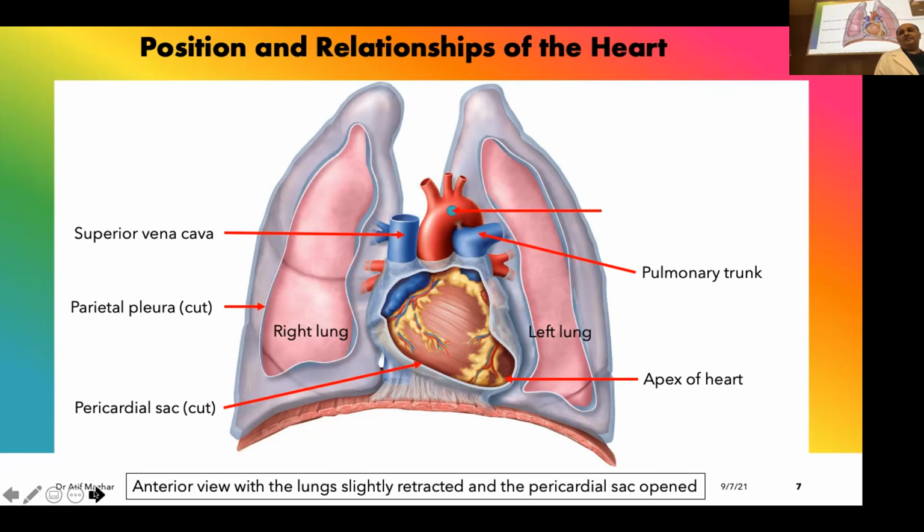From my heart, the arterial blood is being pushed into the ascending aorta. That becomes arched. We call it the arch of aorta. Then it becomes the descending aorta, then the thoracic aorta, then the abdominal aorta, then it bifurcates into the common iliacs, and then the internal and external iliacs. And from this arch of aorta, we have branches which are going to the upper part of the body and the upper limb. So that's a big distribution.